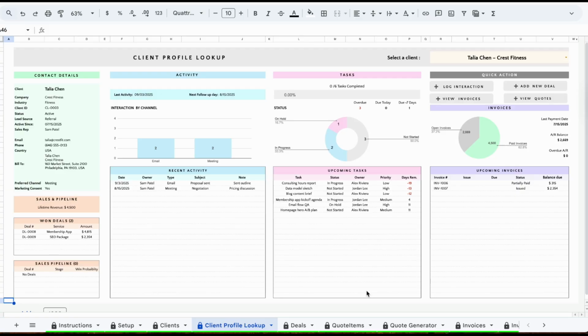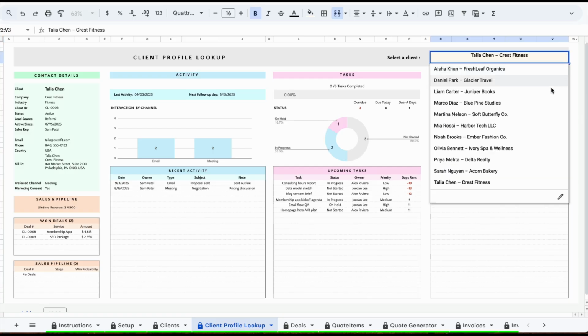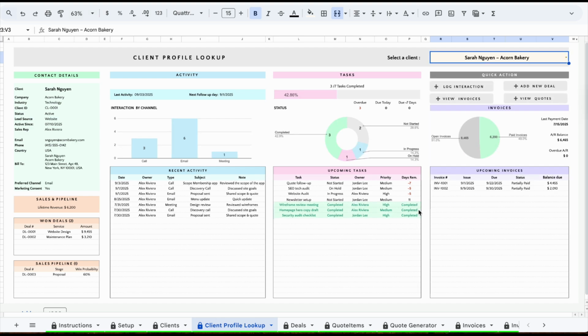The Client Profile Lookup gives you a 360-degree view of client details, deals, invoices, tasks, interactions, and recent activity. It's designed to help you prepare before meetings, track progress, and quickly spot risks without jumping between multiple tabs. At the top right corner, simply select a client from the drop-down, and the entire dashboard updates automatically with their